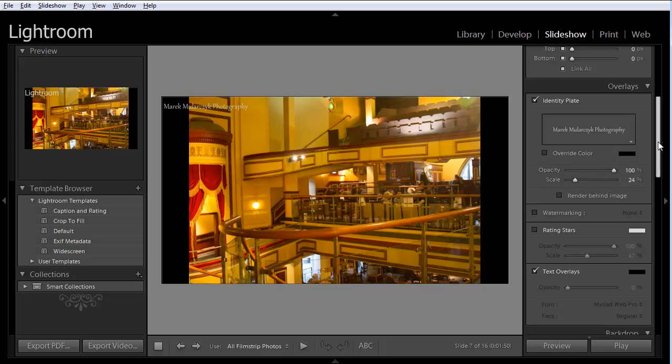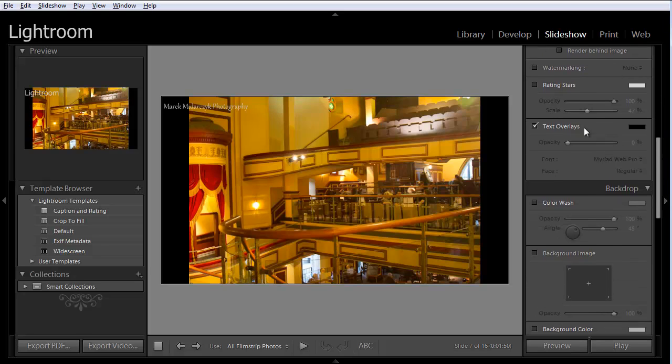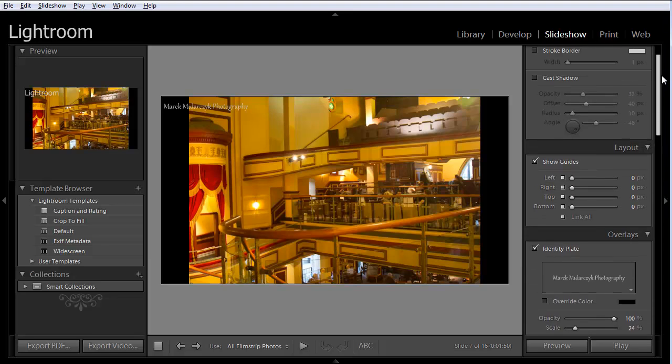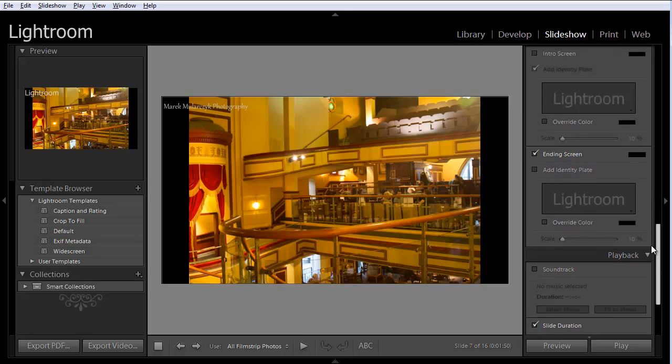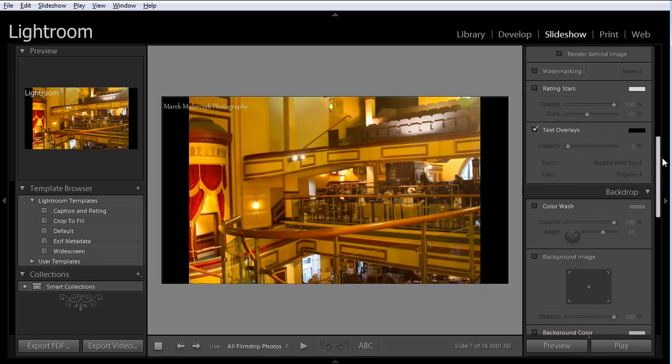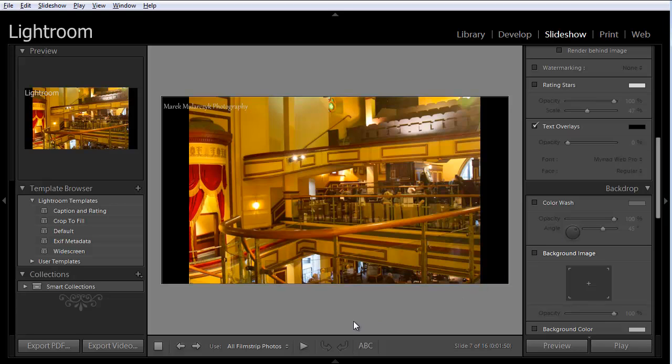Right, now scrolling down here, we've got text overlays. When I saw it for the first time, I was thinking, okay, text overlays, but why is it all grayed out? Why can I not access all these options? I went through all the options here in the column on the right-hand side, and I couldn't find the answer. Now here's why. If I scroll to text overlays, at the bottom, directly above the film strip, you've got this ABC button here, where you can add text to your slides. So if you click on that,